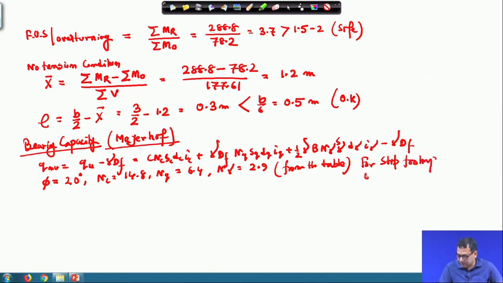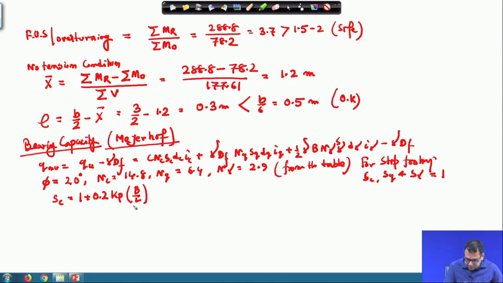For the strip footing I can write that Sc, Sq and S gamma all are equal to 1, because it is a strip footing. So, your B by L is equal to 0. I can write the expression also, for example, Sc as per Meyerhof is 1 plus 0.2 Kp